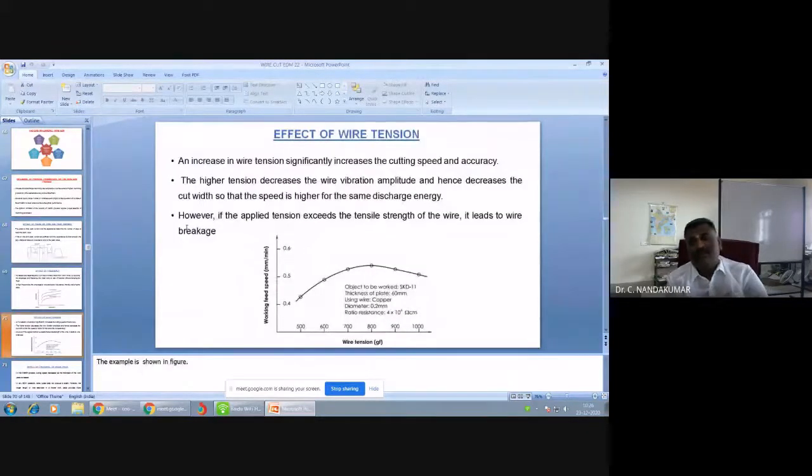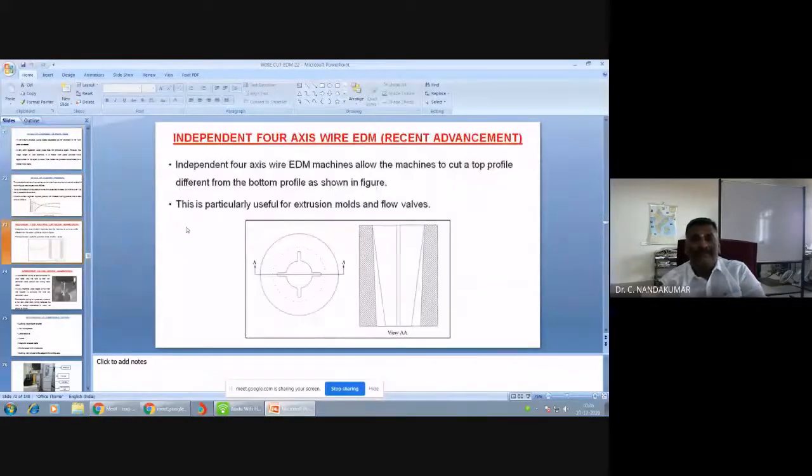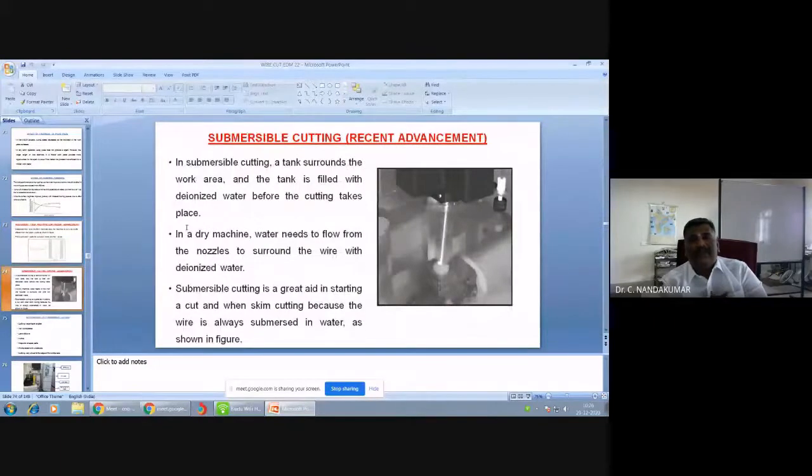The various effects of wire tension and then the effect of thickness of wire. Submersible cutting process, recent advancements. Okay, in submersible cutting, a tank surrounds the work area and the tank is filled with deionized water before cutting